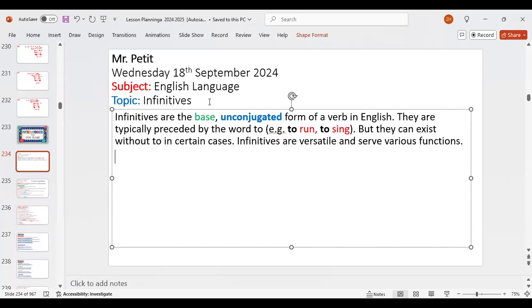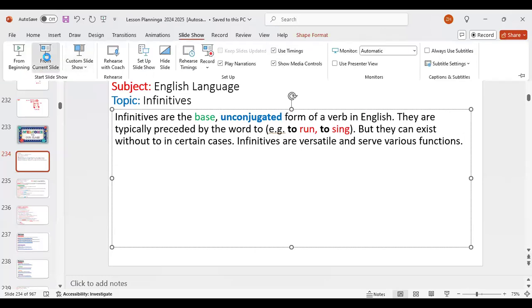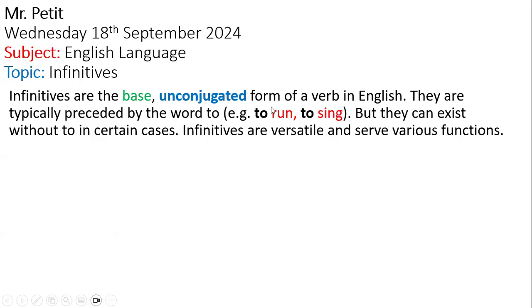put inside the chat an example of an infinitive. I want you to put to before it though. To come, to cry, to go, to eat, to walk, to jump, to wait. Very good. To cook, to play, to fly, to love, to swim, to share, to roar, to dance, to sleep, to write. That's it. Anyone else? To cry. Yeah, so those are infinitives.